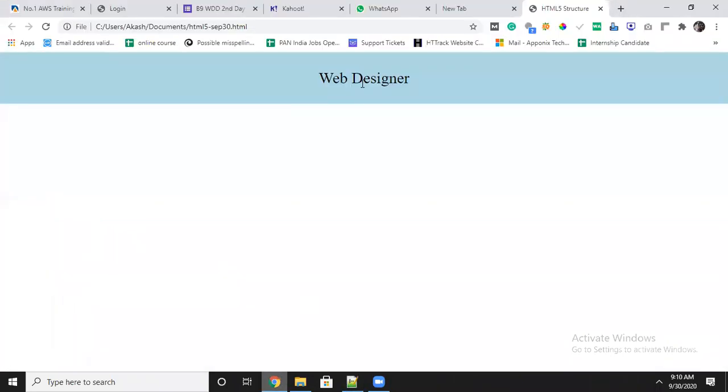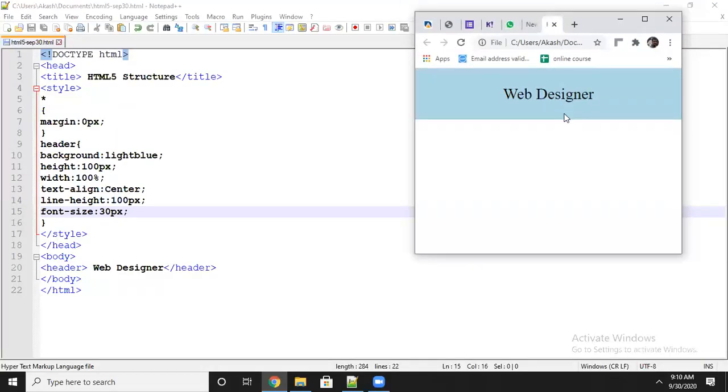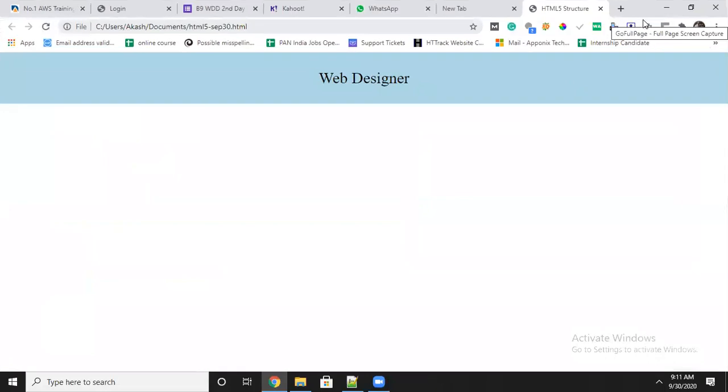You can see now font size means we have defined the header portion of the web page. I will minimize it. It is responsive also. I told you in the initial only what is the meaning of width 100% based on the screen. It will be occupied. It will consider as a screen. In mobile view, it comes like this way. It is a desktop view.